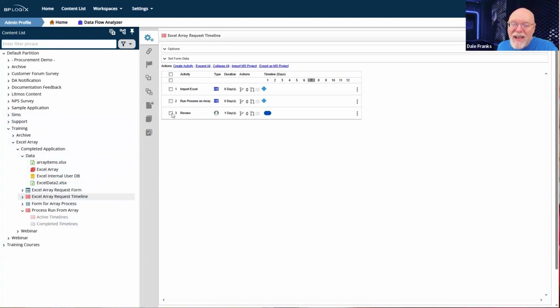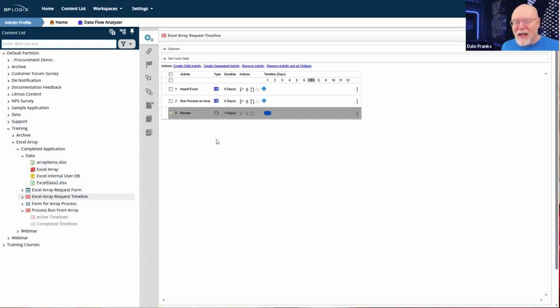We don't even need this third activity. That's only there so we could actually see the form after the import happened. I don't actually need that. You really only need the item actions custom task and the run process custom task. And then you can just have anybody with access to this form grab the Excel spreadsheet, the updated version of it, upload it to a form, submit the form, and then have your data just re-imported automatically. Like I said, don't expect you to do that much, but it is an option for you.